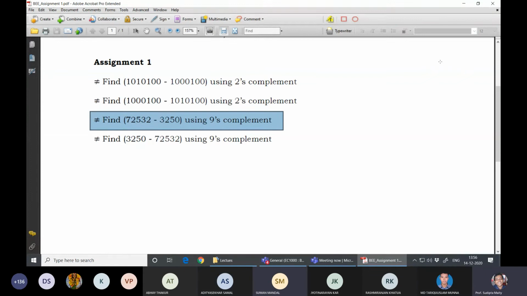Sir, will we send a PDF to you by email? That we have to decide. That is not yet considered. I will inform you by day after tomorrow or by Thursday, because the last date is the 20th. That means on 16 or 17 December, I will inform how to submit that file. WhatsApp will not be allowed. The thing is that if one student uploads any file in MS Teams, other students will download it. So one student will do it, and the rest of the students can easily copy.